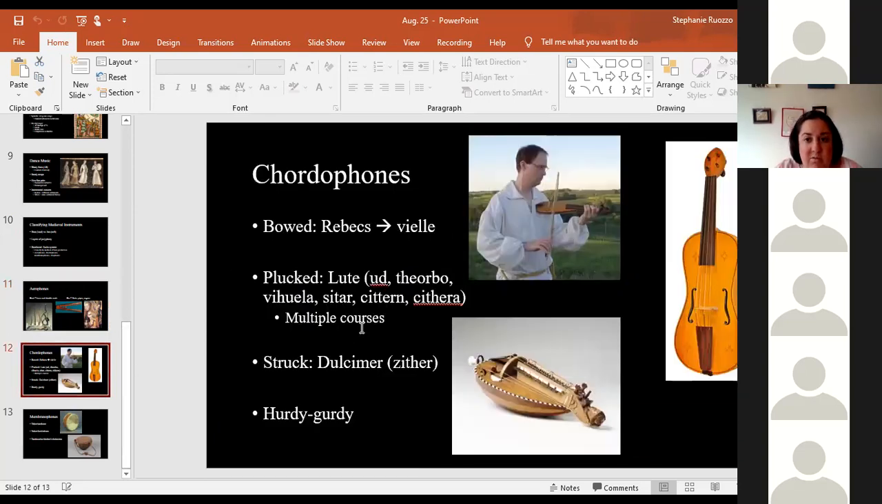In terms of chordophones, we have the rebec and the vielle. We can pluck strings like the lute or theorbo and its cousins from the Middle East. And each of these plucked string instruments has what we call multiple courses, and that's just a fancy way of saying many, many strings. We can also strike string instruments like the dulcimer or zither,